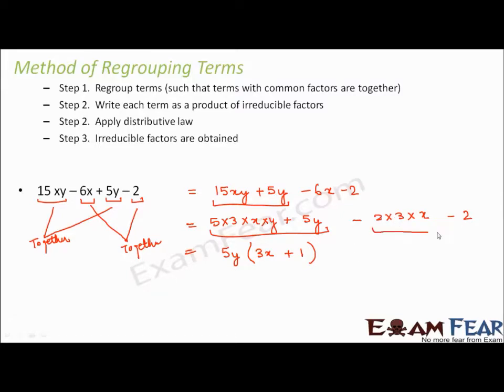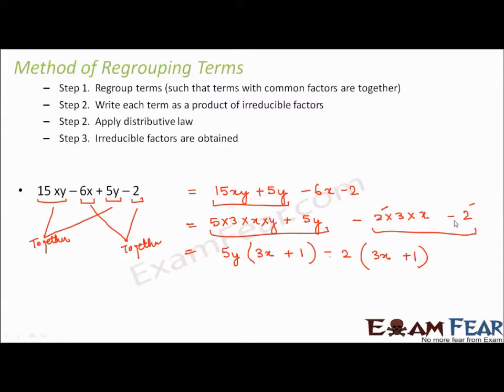Similarly, in these 2 terms, if you compare, what is common? 2 is the common thing. If you take 2 outside, what would be inside the bracket? Here you have to take some special care, since you have minus sign here and minus you have taken in common. So minus 2 into how much would give you minus 2 into 3 into x? Obviously plus 3x. Similarly, minus 2 into how much gives you minus 2? Plus 1, because minus 2 into plus 1 is minus 2. If you put minus here, then minus 2 into minus 1 would be plus 2.